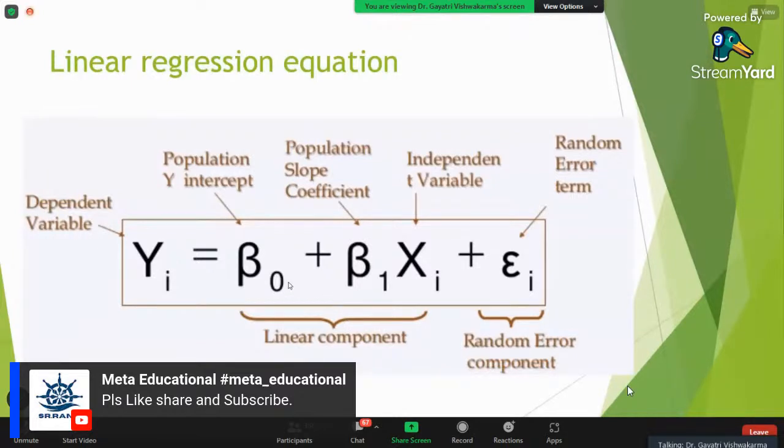And the error term is the component which is the residual term. Y is your dependent variable. Beta 0 is the population intercept, and beta 1 is the slope coefficient. So these are the linear component basically. X is your independent variable, and there is the error term which we are going to quantify.